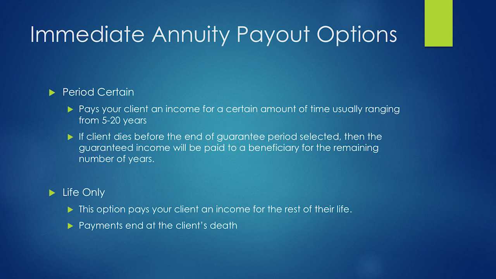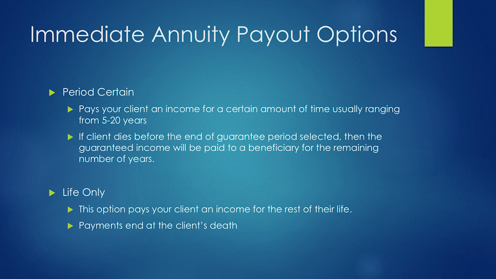But what's usually most popular in the SPIA is what we call life contingent. Life contingent means no matter how long you live, they're going to pay you for the rest of your life. So basically, if you live to be 110 years old, they're going to pay you till you're 110 years old. Now, there are a few different variations on life contingent payments. There's what they call straight life, which is not all that popular. It provides the highest payment possible, but the downside is if you get hit by a bus the day after you buy it, the insurance company is keeping your money.